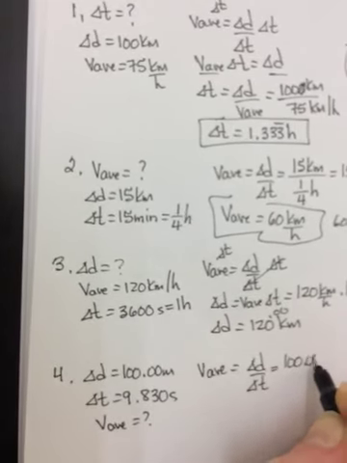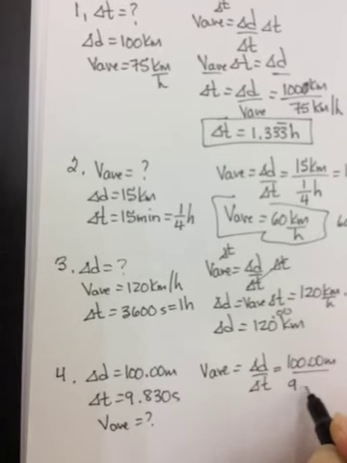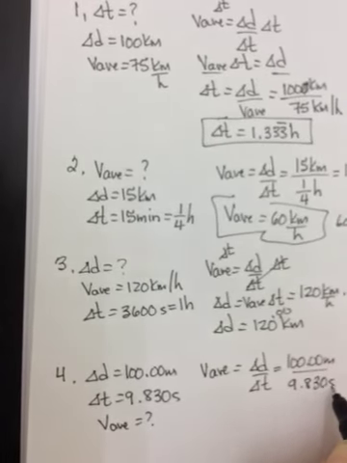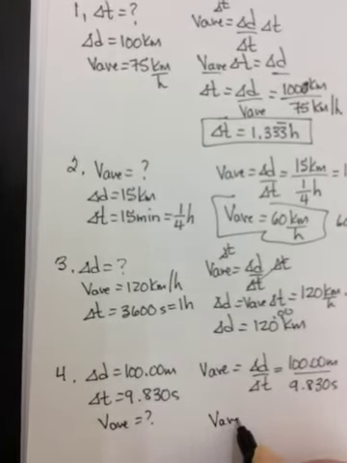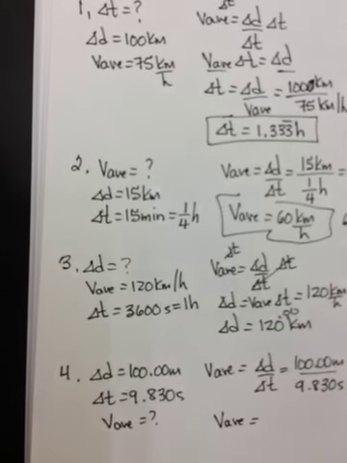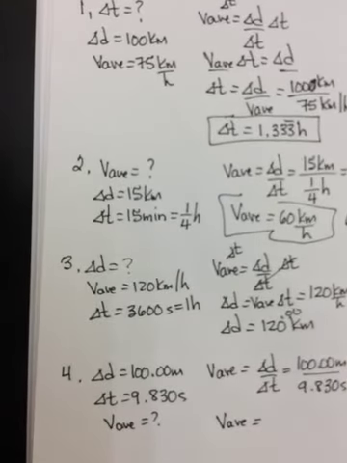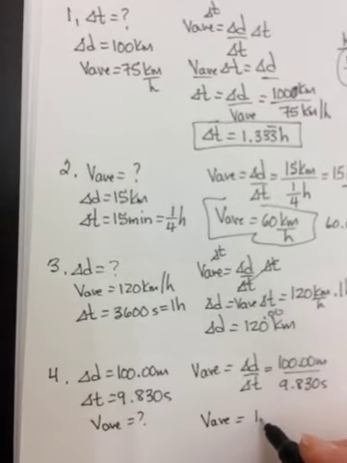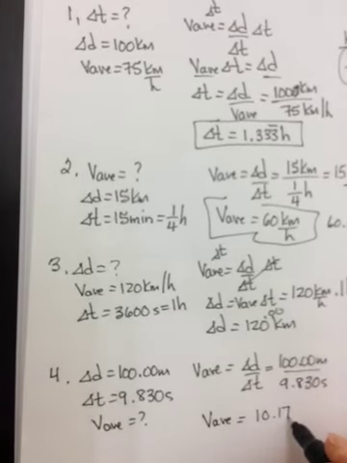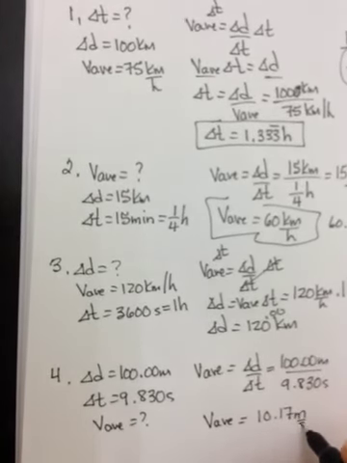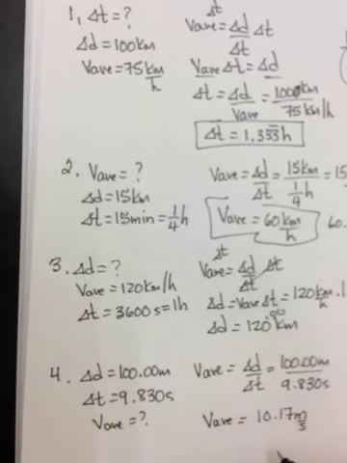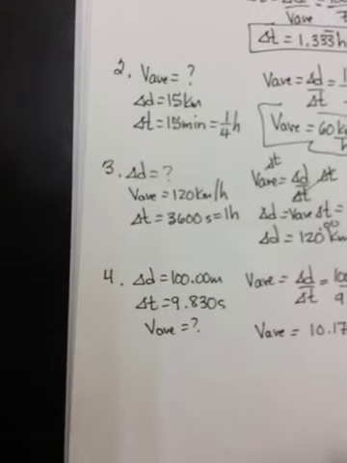So 100 meters over 9.830 seconds should give you a v-av of 10.17 meters per second. And I'm allowed to have 4. Okay? Number 5